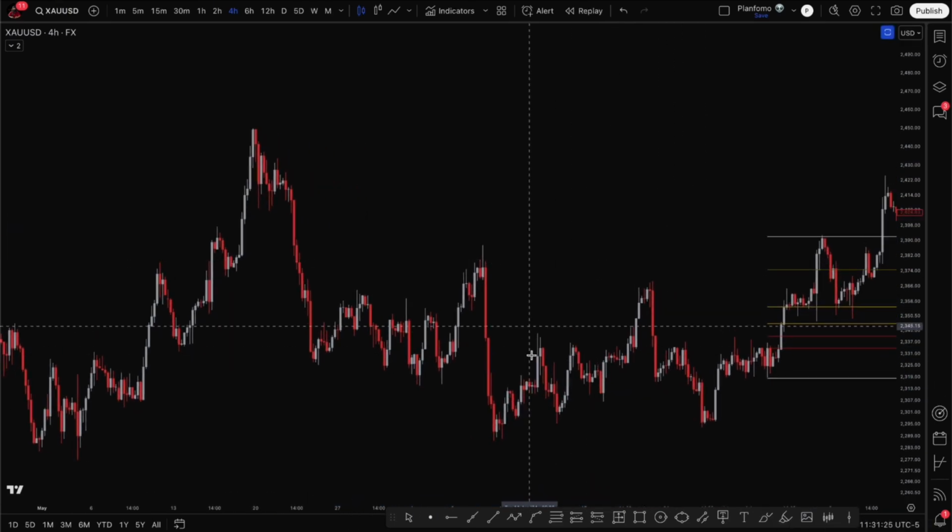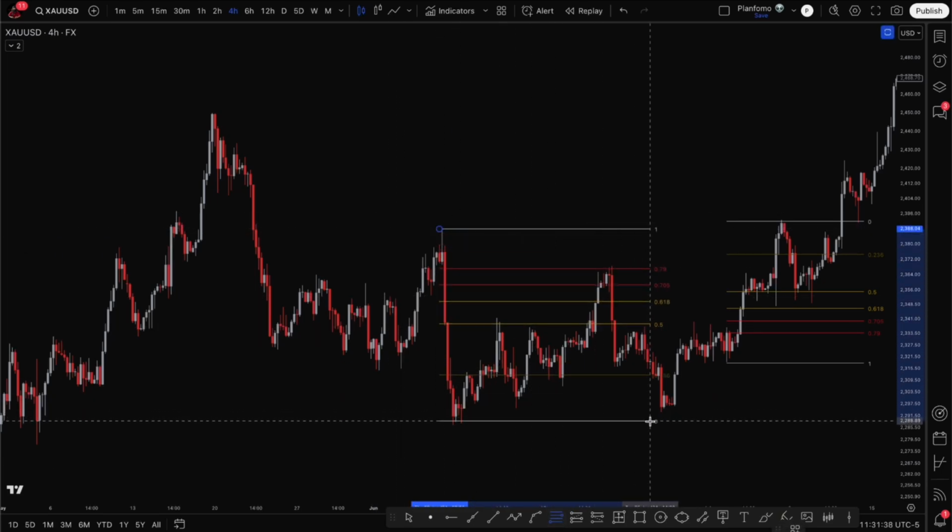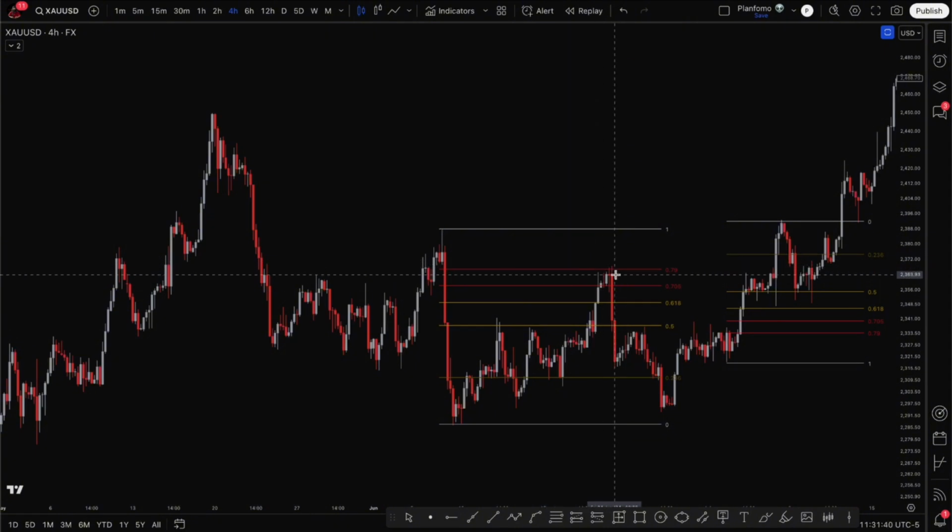For example, I see with my naked eye very clearly, I didn't prepare this for you, but let's just imagine that we're going to reach around here our premium zone, if I'm not mistaken. So from the swing highs to our swing lows, because we are in the downtrend, look, perfectly. We retested this premium zone. So sometimes, yes, I'm hunting for the premium zone and for the golden zone. For the golden zone more often, but the premium zone, if it perfectly aligns with my strategy, because I see